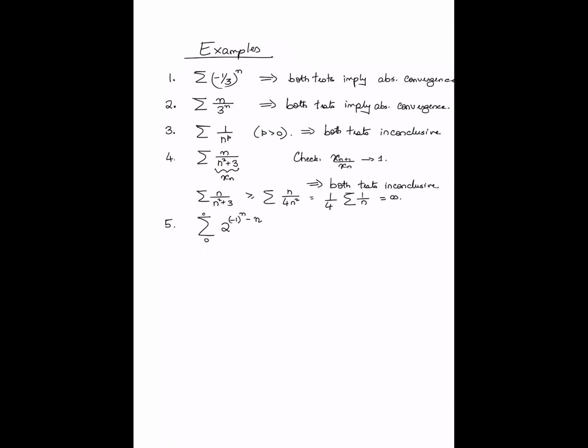Let's say 0 to infinity. So if you look at the summands here, it is 2 raised to minus n times 2 raised to minus 1 raised to n. So what's happening here? The dominant behavior of the summands is still exponential, because there's a 2 raised to minus n essentially running through the summands. But you have this additional factor, right, which alternates between 2 raised to 1 and 2 raised to